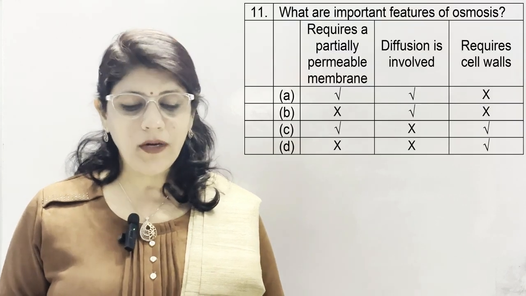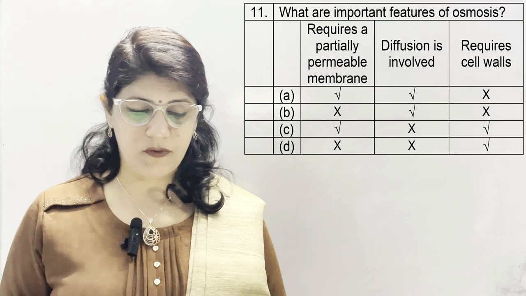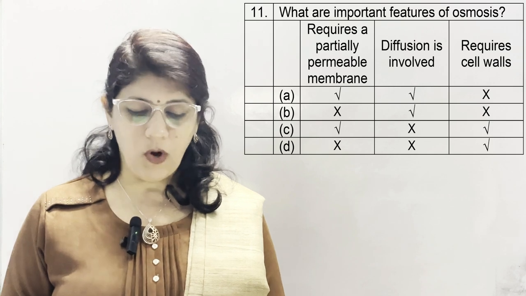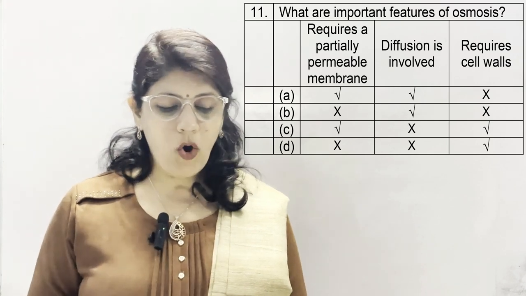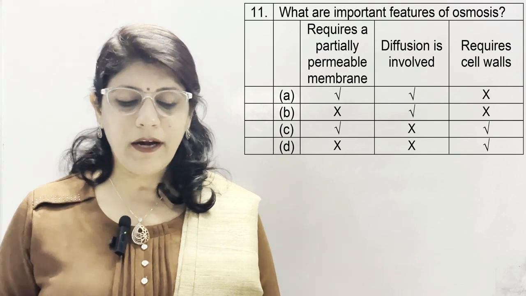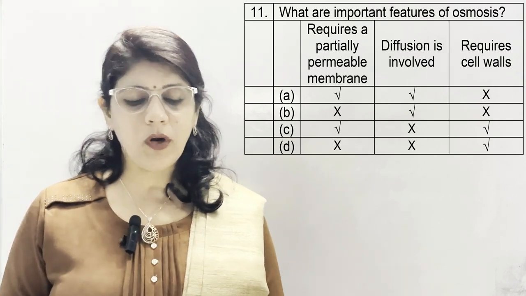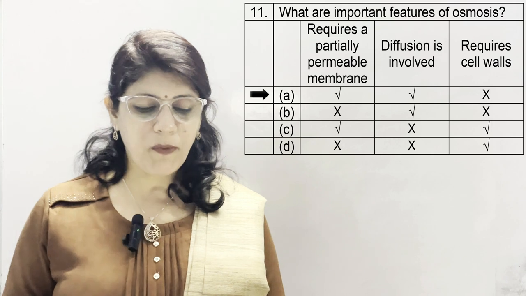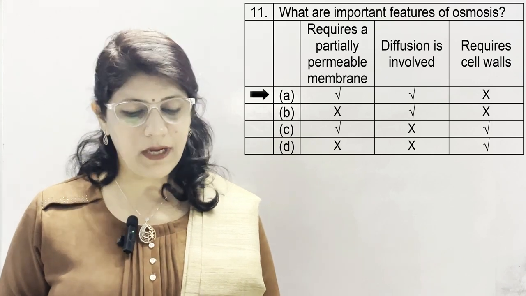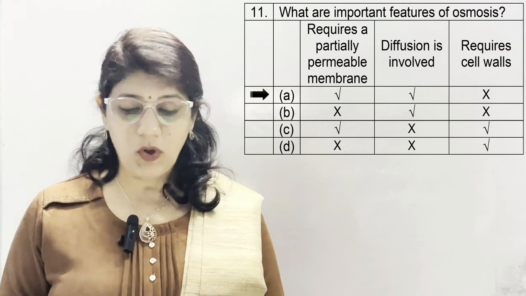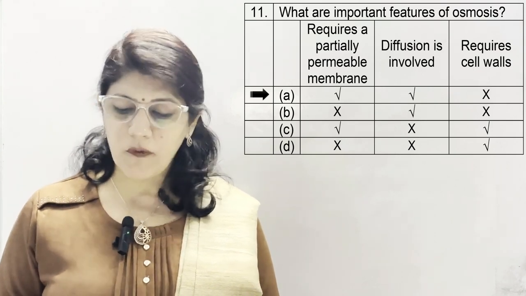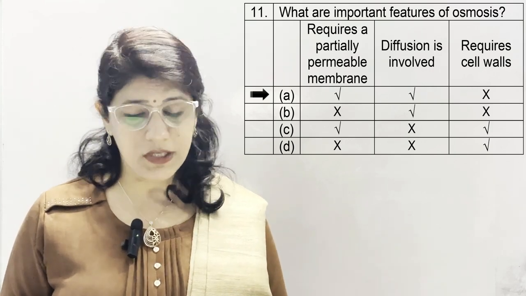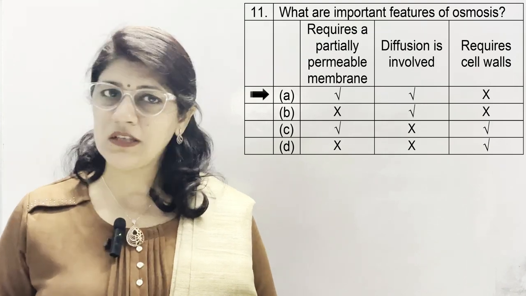Question number 11. What are the important features of osmosis? A, requires a partially permeable membrane, then diffusion is involved and then requires cell wall. A tick means these are present and cross means these things are not present. So according to the data given in this question, option number A is correct because requires a partially permeable membrane is correct, diffusion is involved is correct, and requires cell wall is incorrect, because osmosis is a process by which solvent molecules tend to pass through a semi-permeable membrane according to the concentration gradient of solvent molecules across the semi-permeable